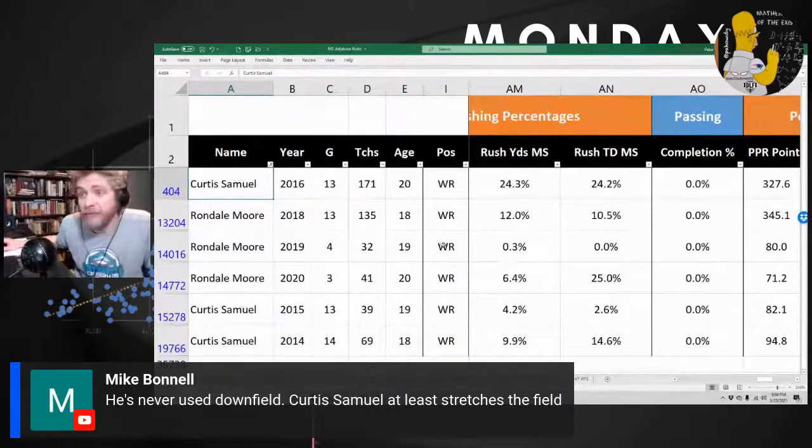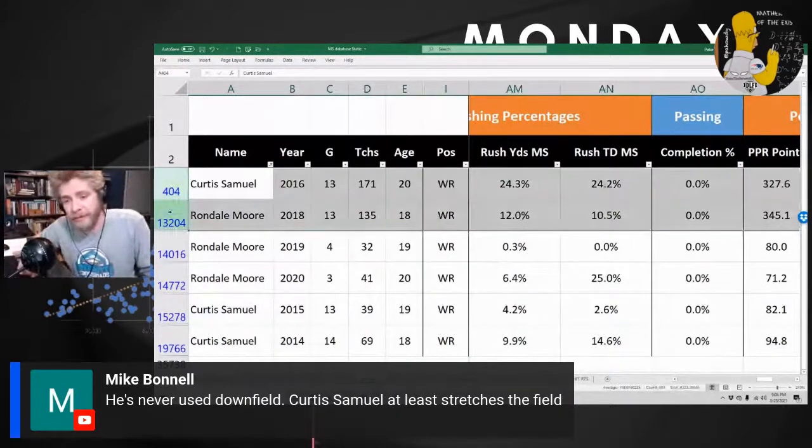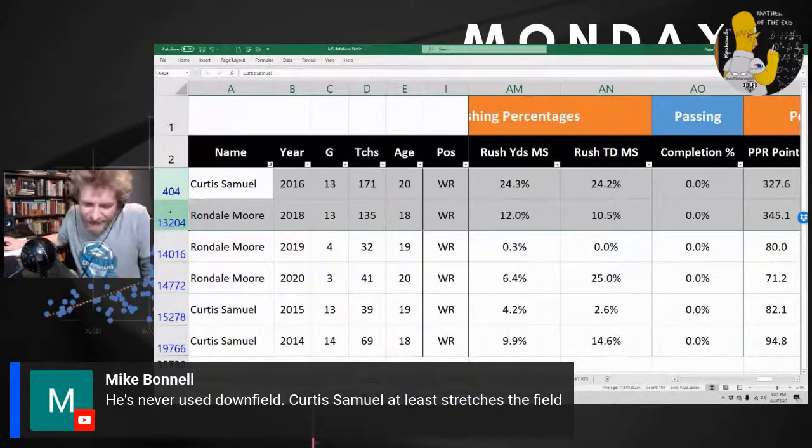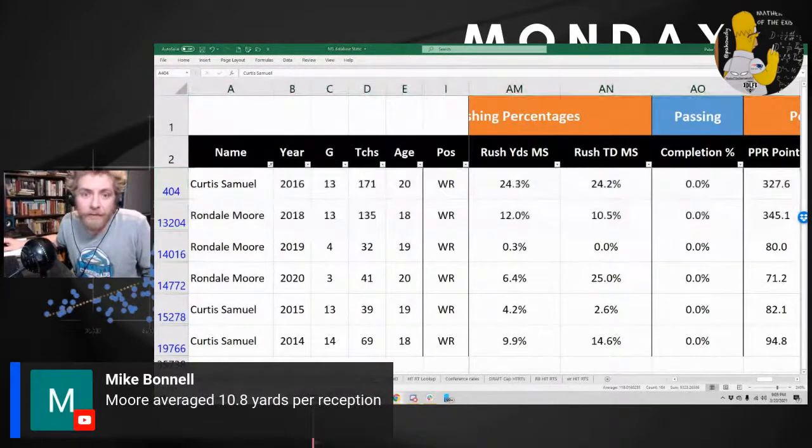And even Curtis Samuel, remember, was not converted over to running back. He was playing more of a utility player position in college, and that's with like twice as much rushing experience than Ronda Moore ever displayed in college. It feels clickbaity to me, but it could happen for sure. I mean, don't get me wrong. Sure.